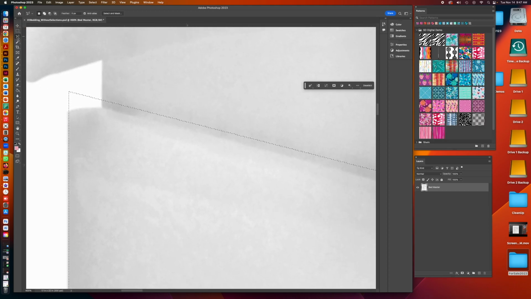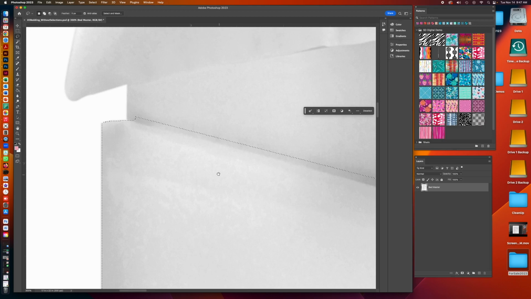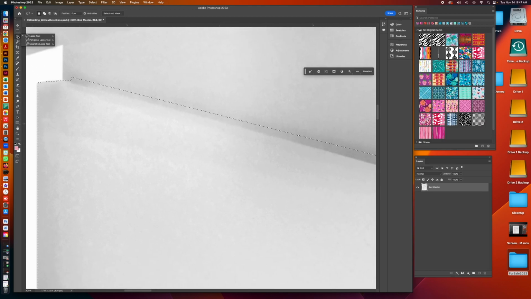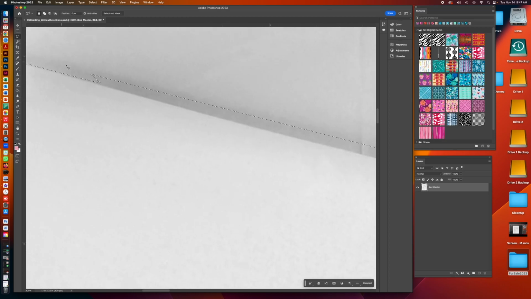Okay. Let's use the lasso tool first to eliminate. Zoom out just a tiny bit, and now I'm going to use the polygonal tool with the Option key to remove. And I'm just going to have to do this in sections in order to stay close enough to really see what's going on. So Option,